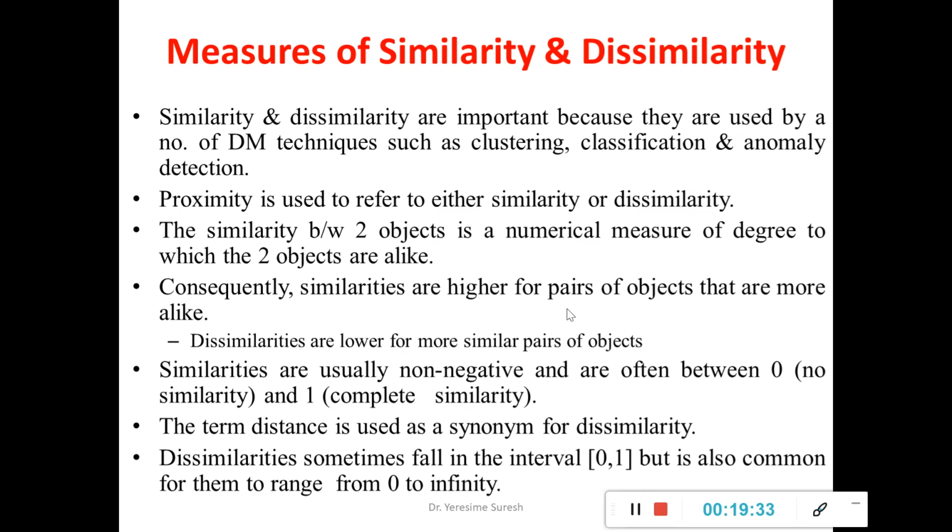So next we will move on to the measures of similarity and dissimilarity. These measures will help any given data mining technique to form a group of data objects into a cluster or classify the data objects as valid, invalid, or if there is any anomaly. All those details can be obtained using the measures of similarity and dissimilarity. And in measuring similarity and dissimilarity, we'll use a metric called proximity, which is referred to as the distance function between data objects in general.